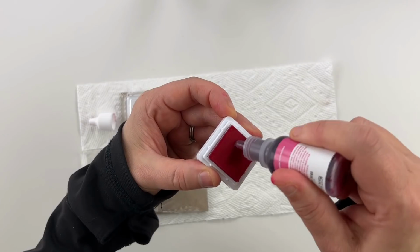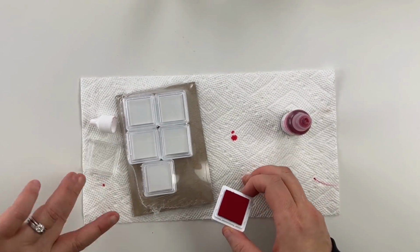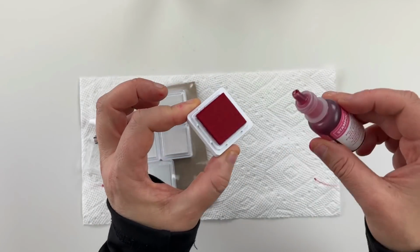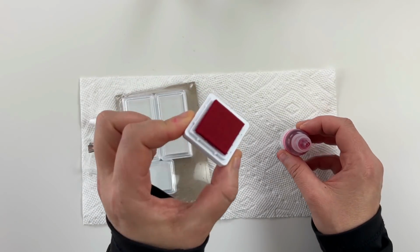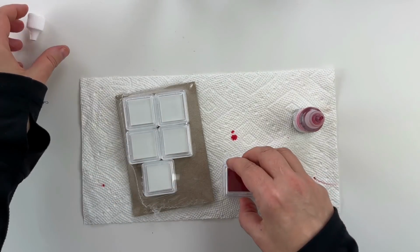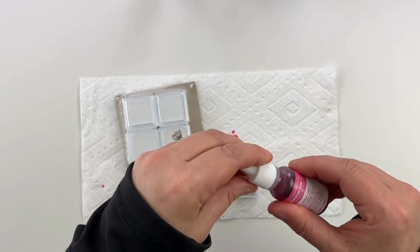But the good thing is you're not using a ton of ink as you re-ink those. So you will have the opportunity to have quite a bit left. So again, I would just keep going until I had the desired amount of ink in my Stampin' Spot. Now you're probably wondering, all right, well, I have my Stampin' Spot, but how do I know what color it